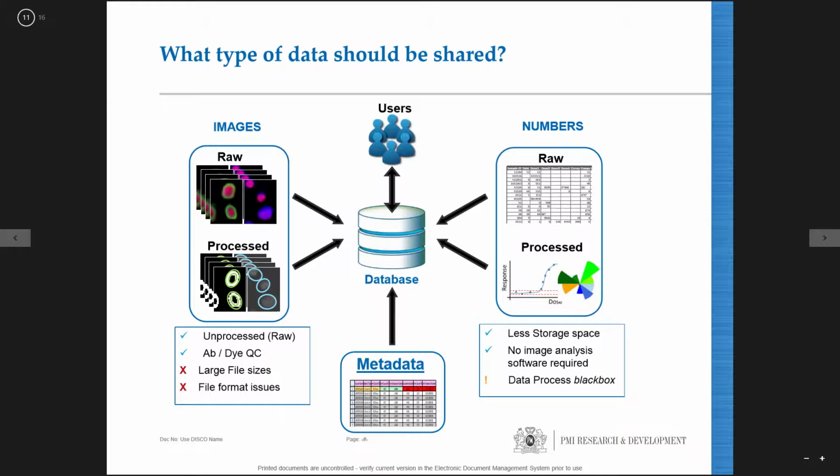If we have the images, whether they are raw or they are processed, well, the advantage is that this is the real raw material that comes from the machine. It's raw as it gets. And you can actually validate any different stage of the process. Even if you want to validate whether your antibody is supposed to stain, you can even do that. The problem is that these result in very large data files, and there may be some issues. There are some initiatives that try to cope with this, and there are some ways to share images from high content screening, but still the question would be if this is really necessary and if it's really worth it